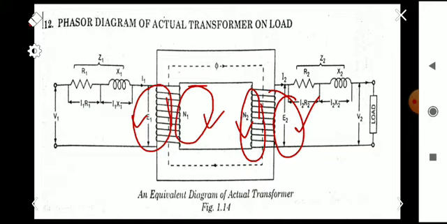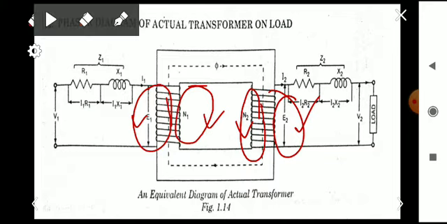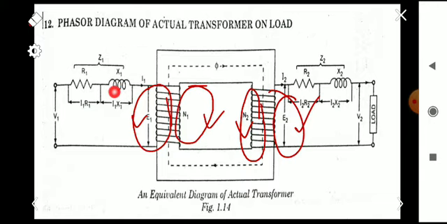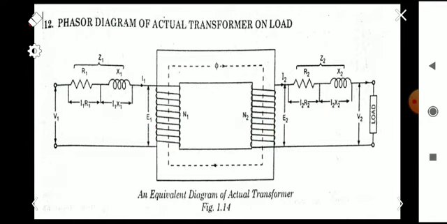So of course there will be some leakage flux in the transformer, and we have to represent this leakage flux as leakage reactances, that is X1 and X2 here. There will be some losses across these resistances and reactances. The induced EMF E1 will be less than the applied voltage V1, because there will be some losses in the parameters R1 and X1 here. Also the induced EMF E2 will be greater than the output terminal voltage V2, because some voltage drop will be there across